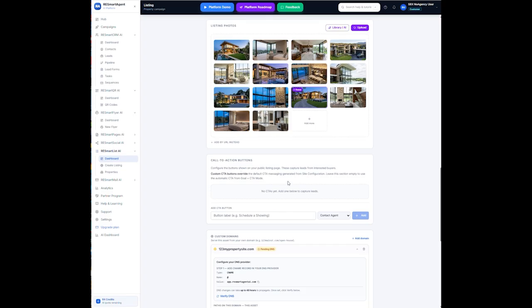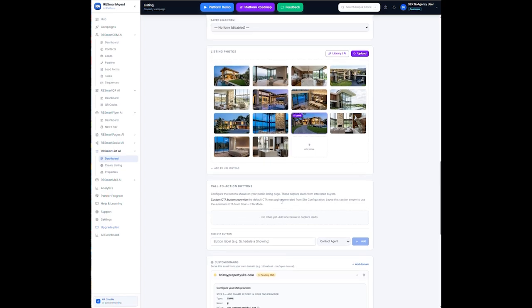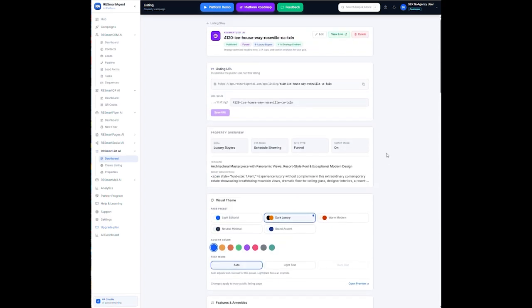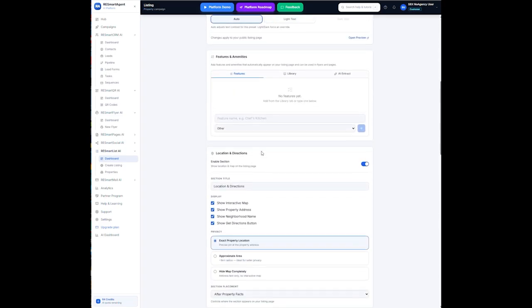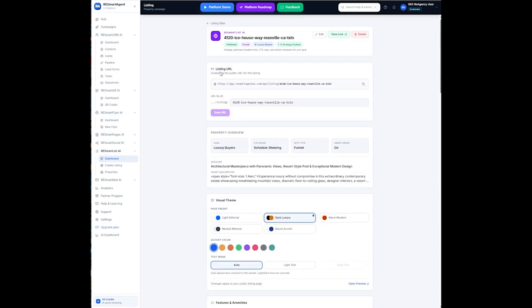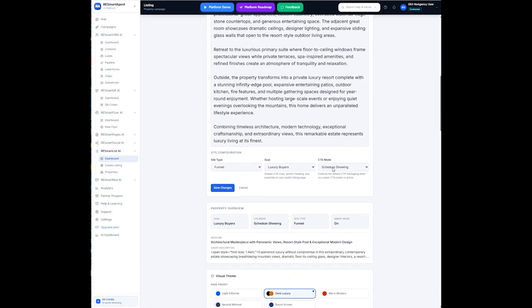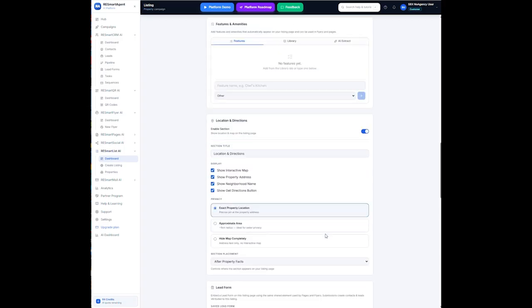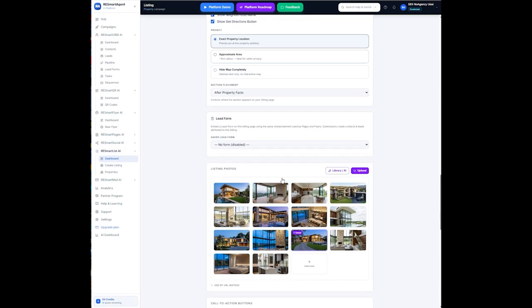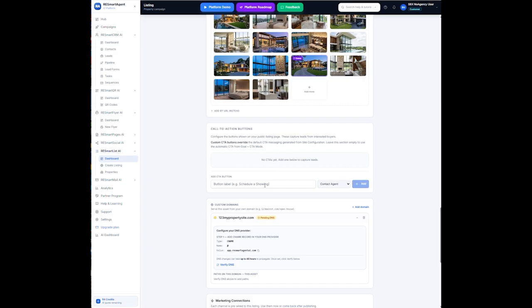So if I don't say what I want the button to be called or how I want that to look, it is going to generate the call to action based on what I chose here. We have to click on Edit again. It's going to generate it based on the site direction, the goal, and the CTA mode if I don't have anything stated right here in the call to actions. So let's go ahead and say I want the button label to say